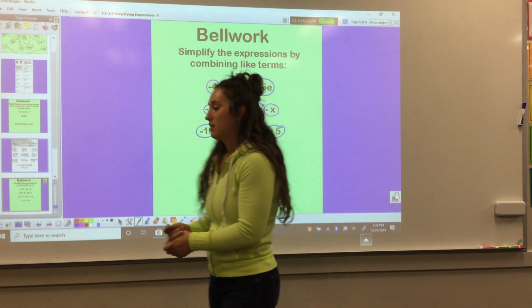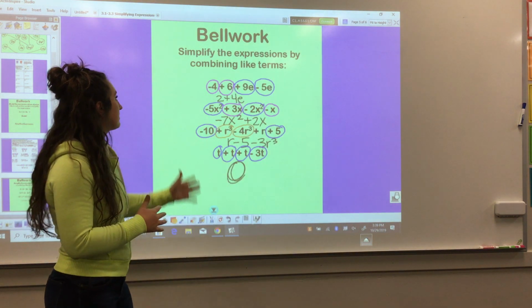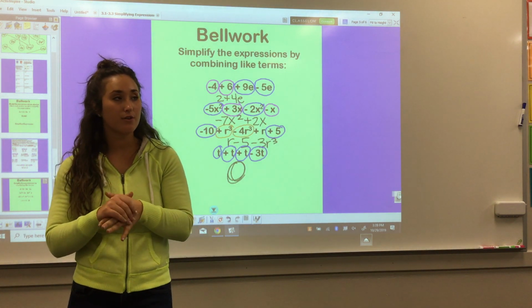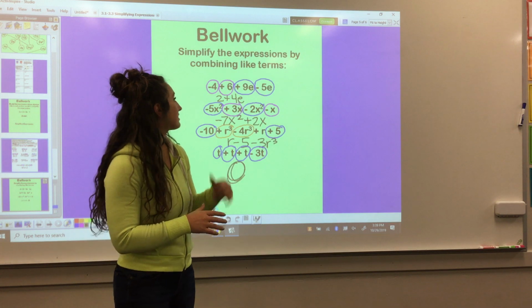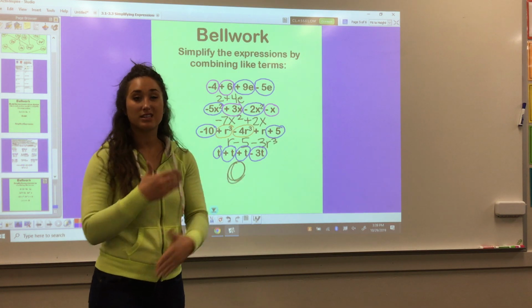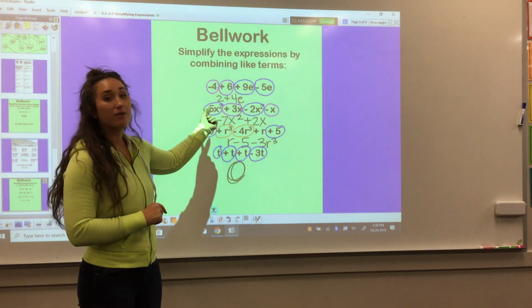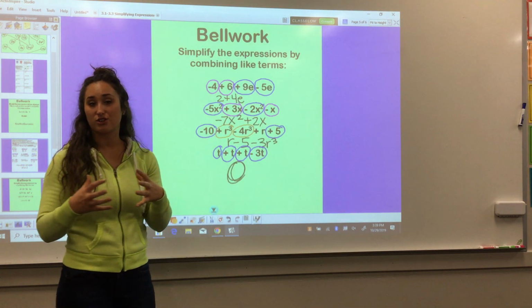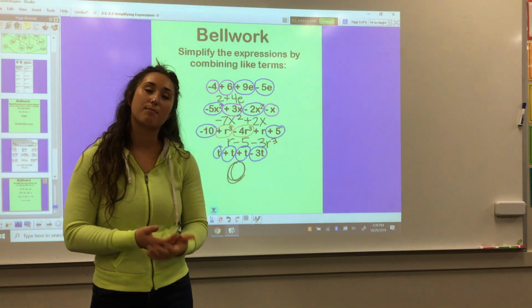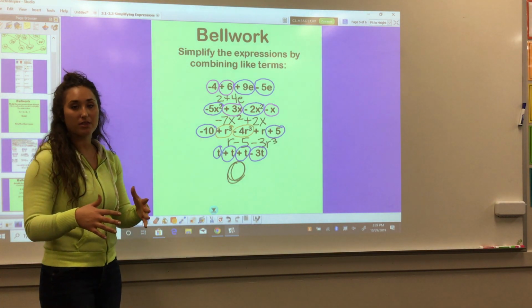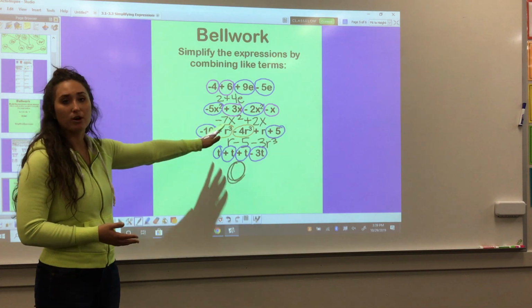Okay. So I'm hoping that with the notes yesterday and the bell work today and all of the practice that you're feeling okay with simplifying expressions. We're actually going to continue simplifying expressions today, but our coefficients are not going to be our nice integers. We're going to have some rational numbers. So they might be decimals, they might be fractions. We'll be working with a little bit more difficult